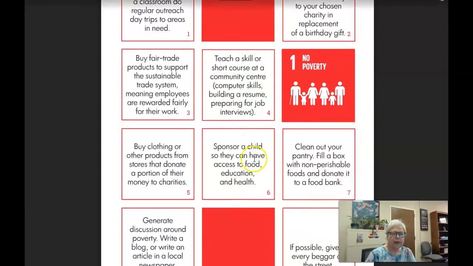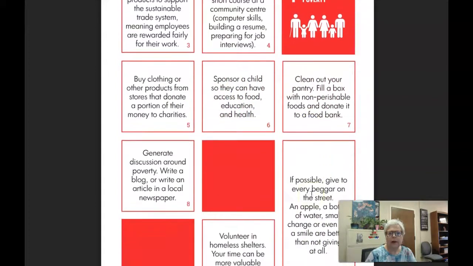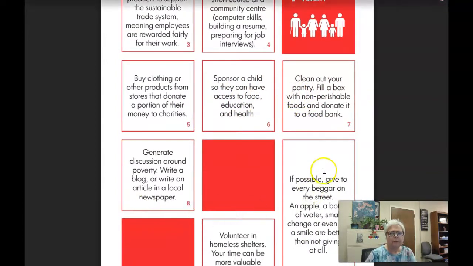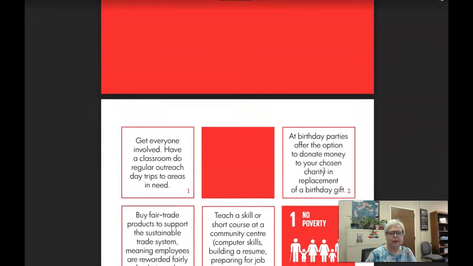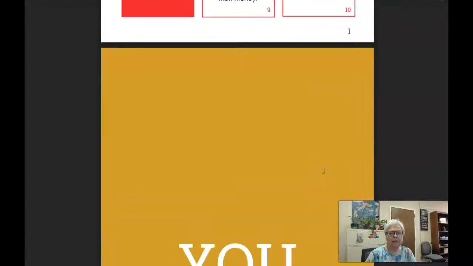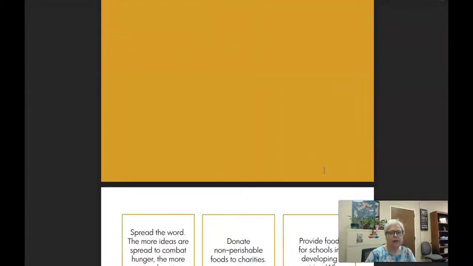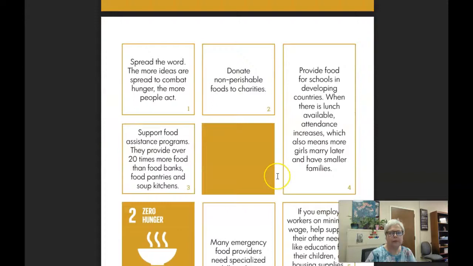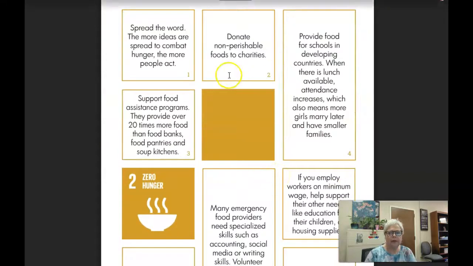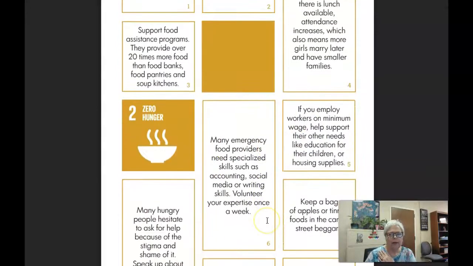Sponsor a child so they can have access to food, education, and health. That could be something you could do for a foreign country, or it could be locally. So anyway, try to find three things on here, or in your own experience, that you could bring in for what we can do to end poverty and encourage